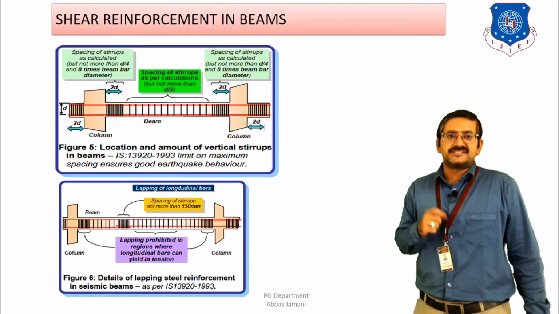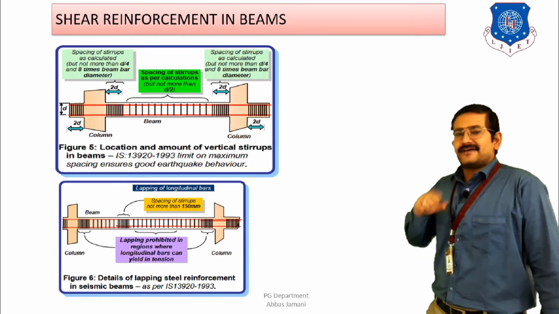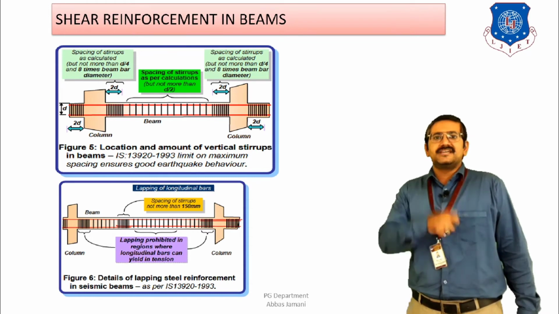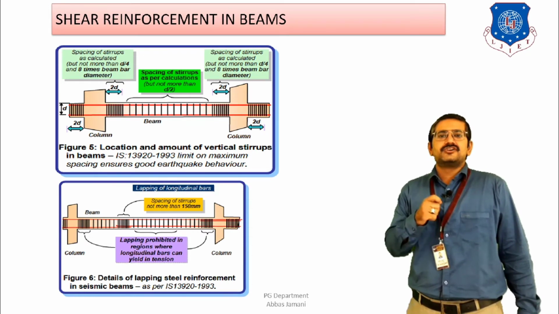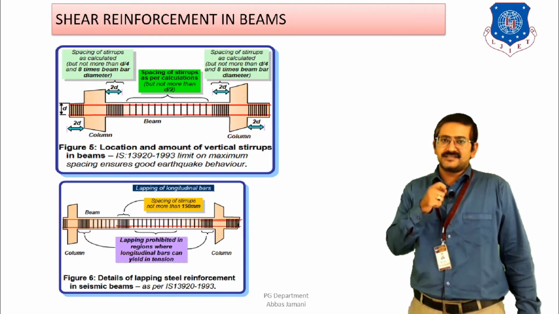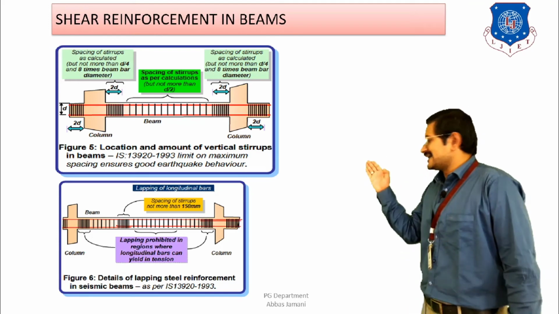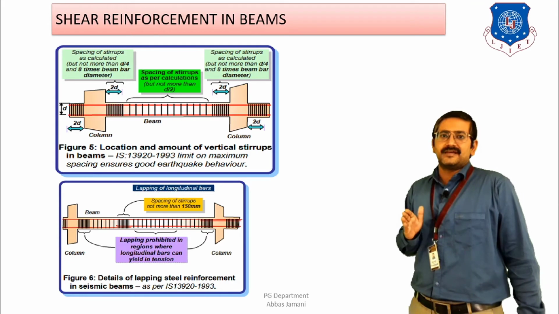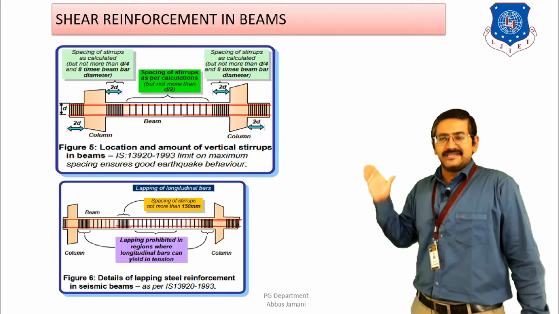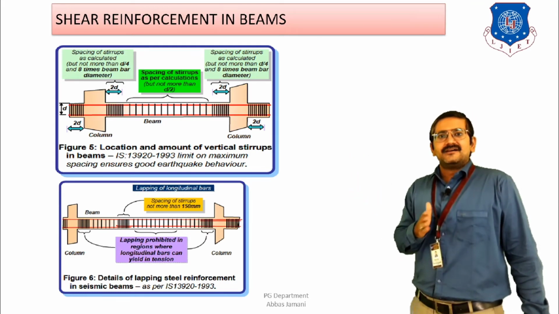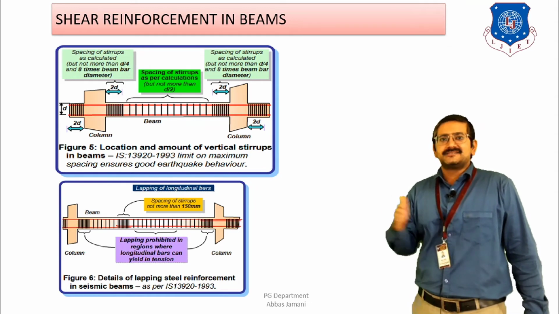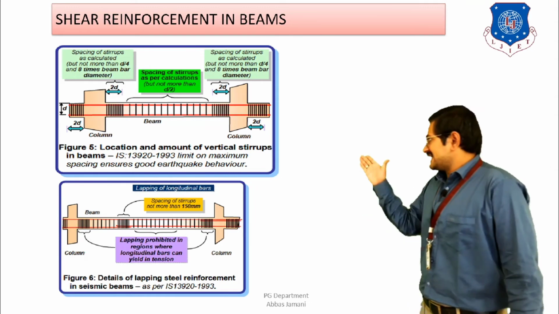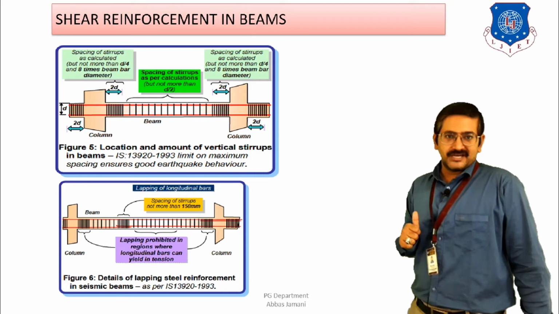Next we come to the shear reinforcement. As I have discussed earlier, in order to avoid shear failure in the beam, the shear is going to be critical near the junctions, that is near the supports, right? So the code is telling, as you can see in the figure over here, that closed loops should be provided near the support section, and the loops should be provided at a far distance in the midspan section. The same thing is shown by means of a figure here also.